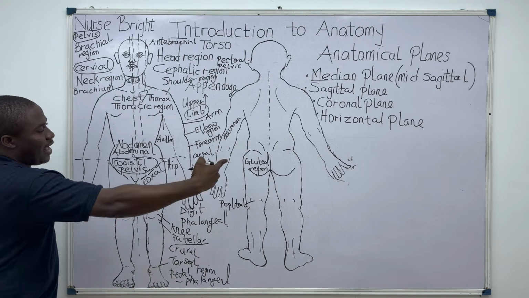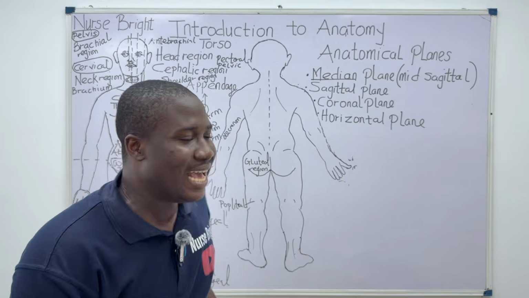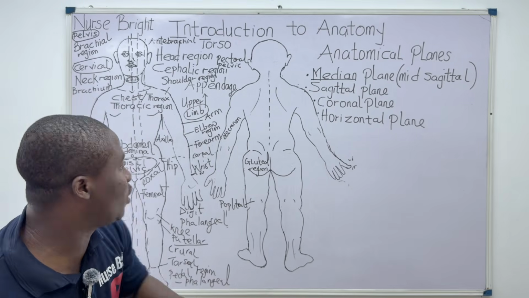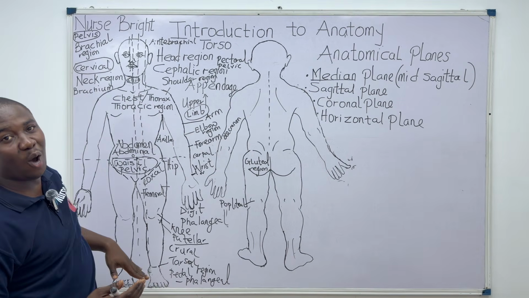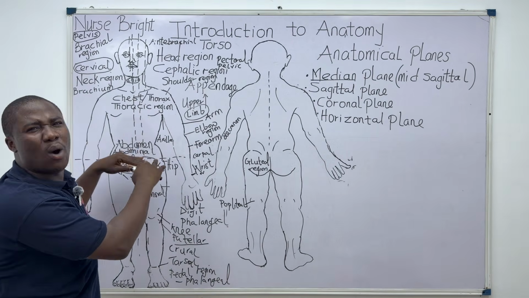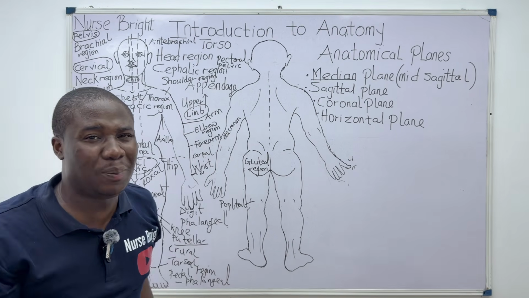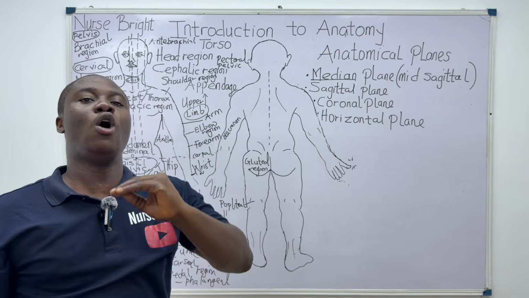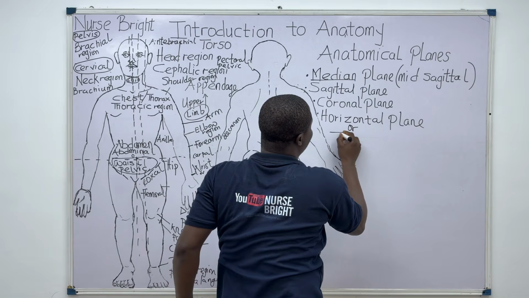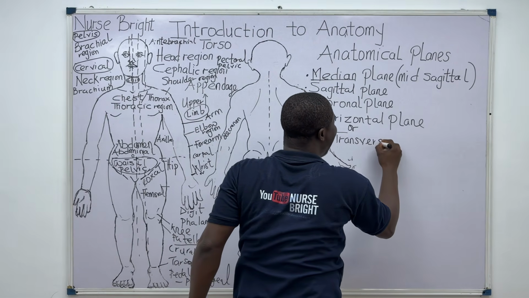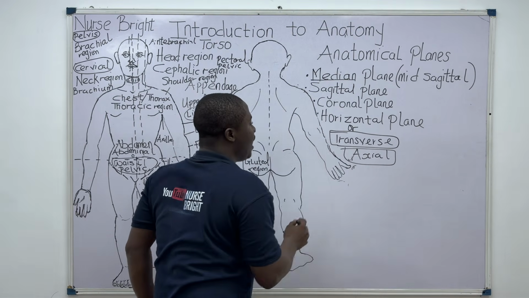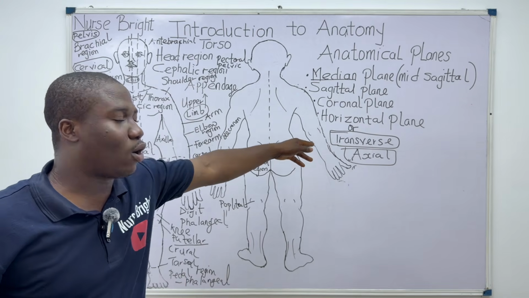So this imaginary line cuts this individual, dividing this person into two portions, the above portion and the below portion, but it's not called above or below. Rather it's called the superior portion and the inferior portion. So they can ask you the plane that divides or cuts into the superior and inferior portion. What will you call that plane? Horizontal plane. The horizontal plane is also called the transverse plane or the axial plane. All these things are essential. You have to note them.